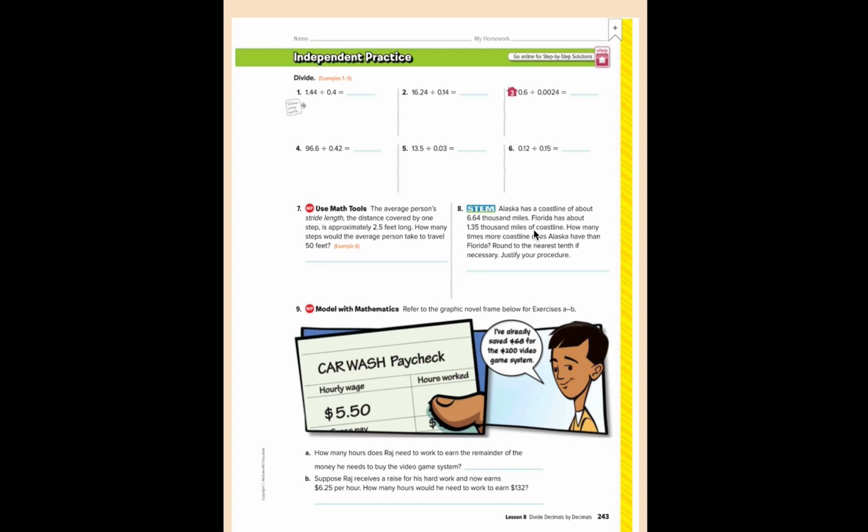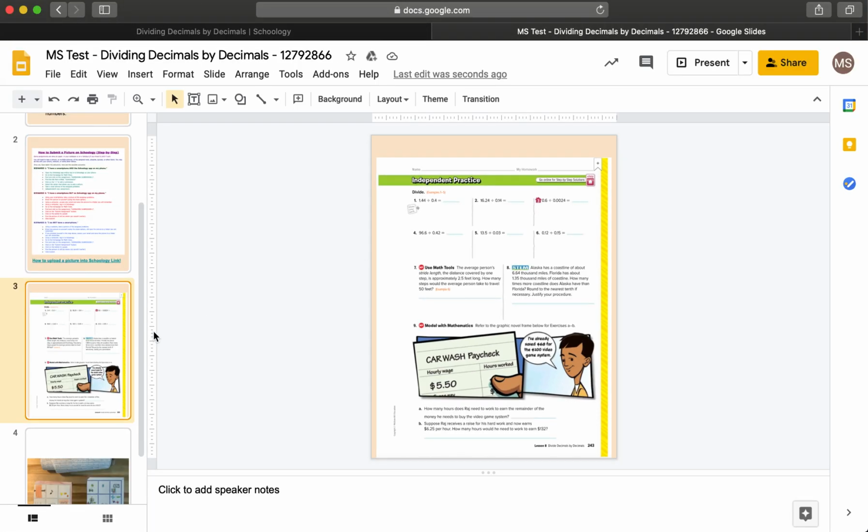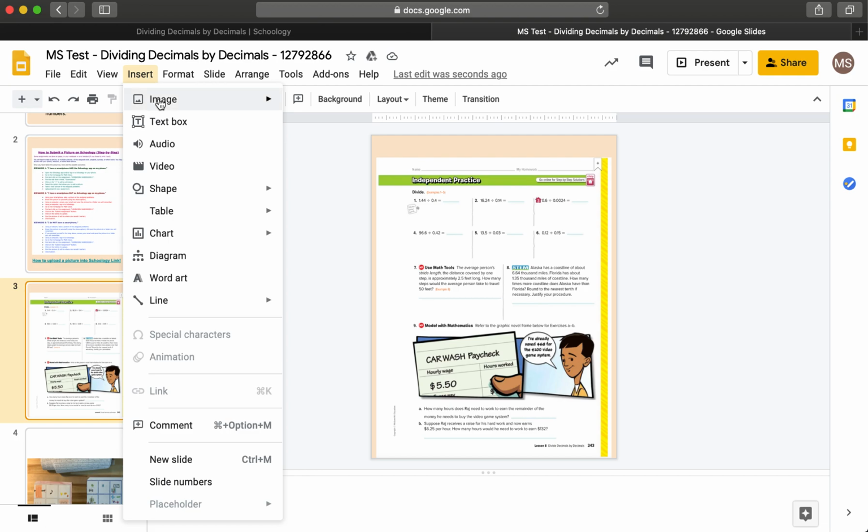Now what is the next step? Some of us are very tech savvy and familiar with this. Others just need to be led, and then they're going to be great at it. So now that I have all 9 problems done, I say, all right, instead of messaging it maybe to my teacher or uploading it or having to maybe even ask a parent, there are a couple options. If you have your Chromebook, tablet, or laptop, you can always go into Insert,